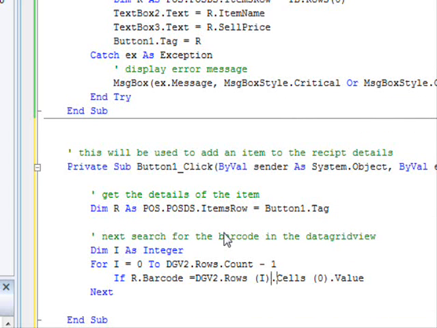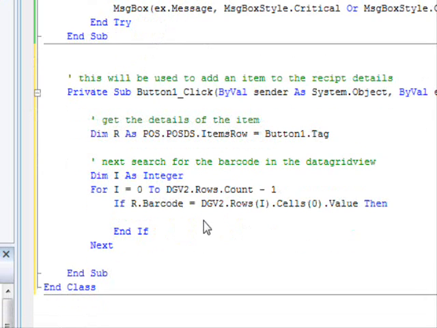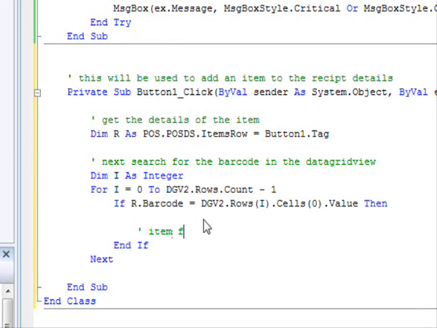Okay, so what am I doing here? Let me explain this. I'm accessing the data grid view, I'm accessing the ith row, I'm accessing the cell number 0 which contains the barcode, and I'm accessing the value because there are many other properties I can access. Anyway, so if I found the item, so item found,